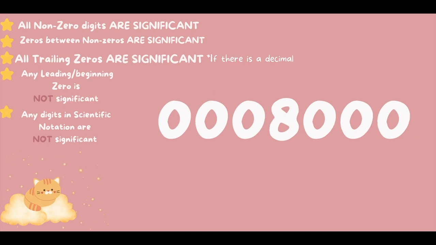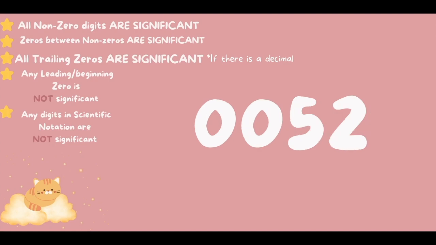Okay, how many significant figures do you see here? There is 1 sig fig. So this number is sort of like the last number, except there is no decimal point here, which changes a lot. If there's no decimal point, that means that the trailing zeros do not count. So the only number that counts here as a sig fig is 8. So that leaves us with 1 sig fig.